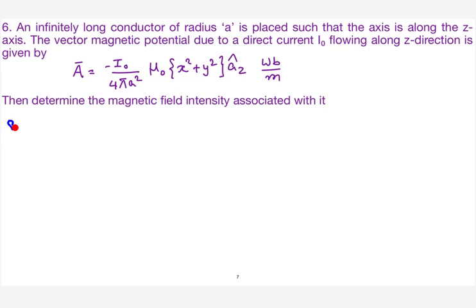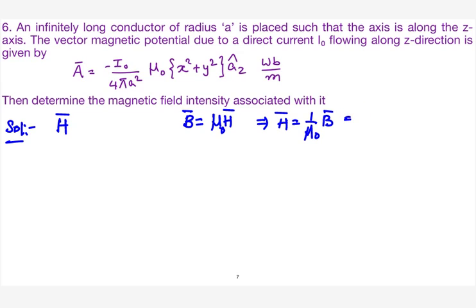So it's simple. First of all, whatever the question he has given, he is asking me to find out magnetic field intensity. So you know that the magnetic field intensity can be found out from the flux density. So B is equal to mu into H, and consider mu is equal to mu naught. So the value of H will become 1 by mu naught into B, and 1 by mu naught into B can be written as curl of A. So you know the vector A, take the curl of that vector and divide it with mu naught. So that will be the magnetic field intensity. So all of you do that, find the curl of that vector.